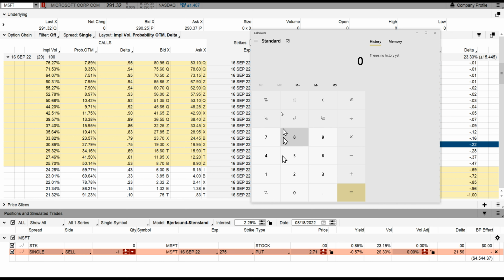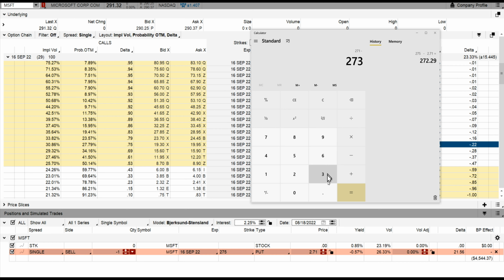Okay, what can we base it on? We do not divide by share price. It's not relevant, because our risk is what? Our risk is 275. So minus 2, we need the $2.71 because we need to know what our net entry is in the worst case. If Microsoft goes to zero, how much do we lose? We are going to lose 272. So we know for a fact that we're collecting $271 now, minus 273, correct?